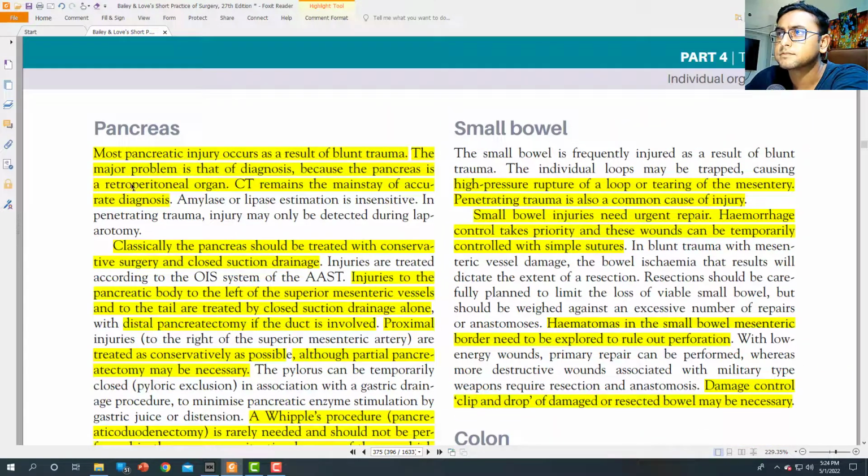Now the small bowel. High pressure can cause rupture of a loop or tearing of the mesentery. Individual loops may be trapped, so loops of the intestine are trapped, high pressure occurs, and the loop ruptures. Penetrating trauma, or stab injury, is also a common injury. Small bowel injuries need urgent repair. Hemorrhage control takes priority, and these wounds can be temporarily controlled with